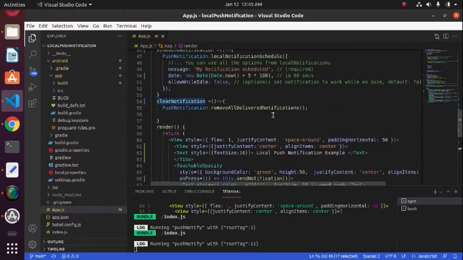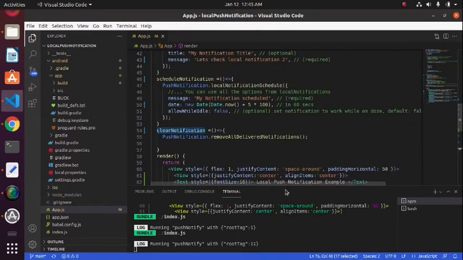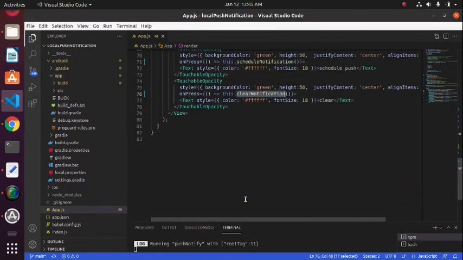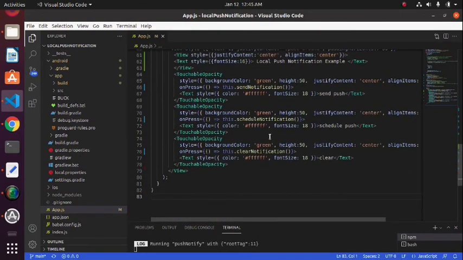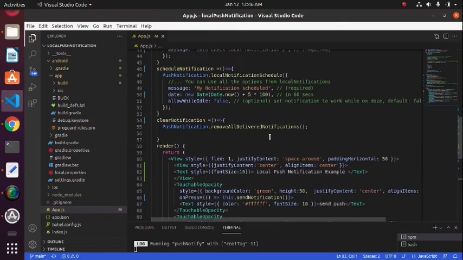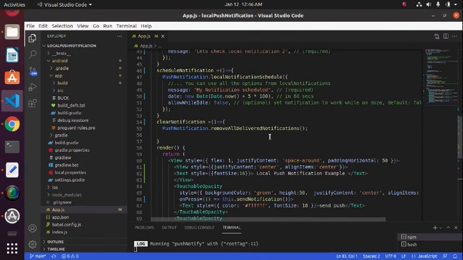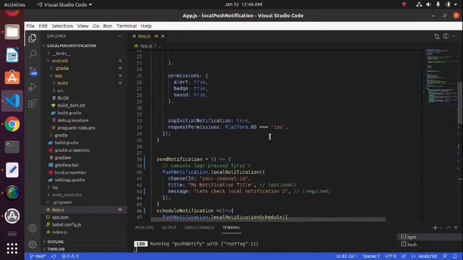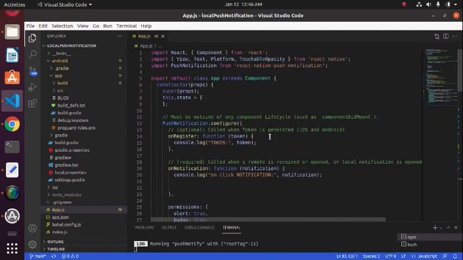Now I have one more task for all of you. Tell me, how can we achieve push notification if our app is running in the background? Right now our app is running in the foreground. Suppose I have minimized my application, how can we send these local push notifications? If you know, you can comment down there. Otherwise I will make another video about that, so you can comment on that also if you need that video.